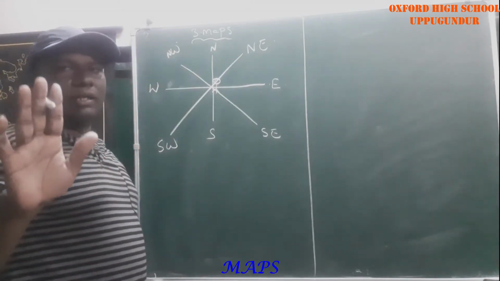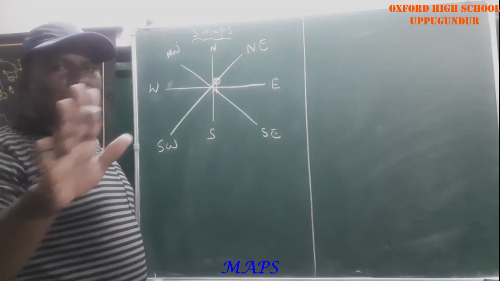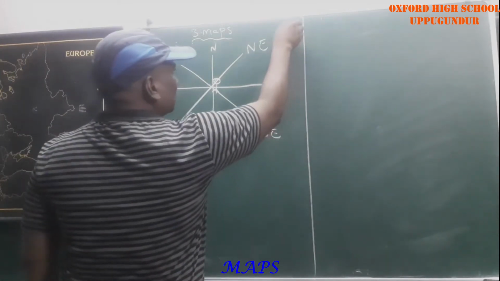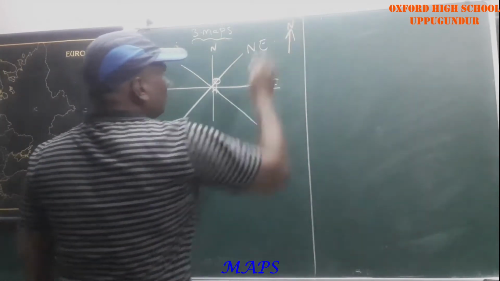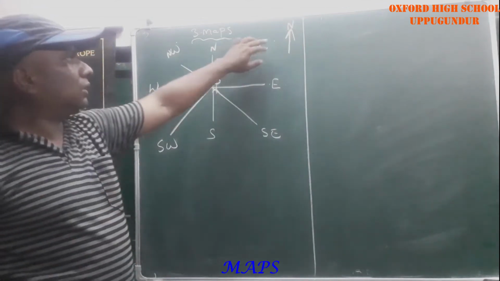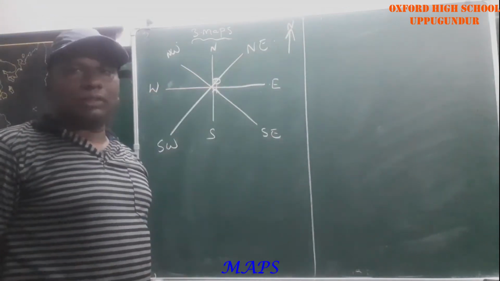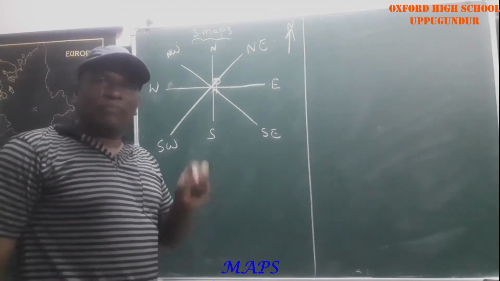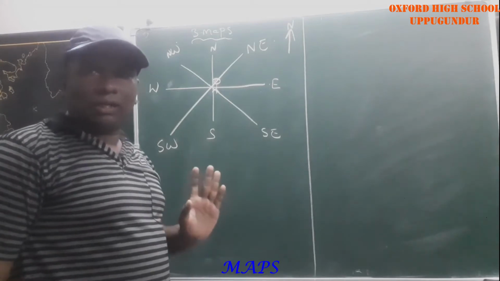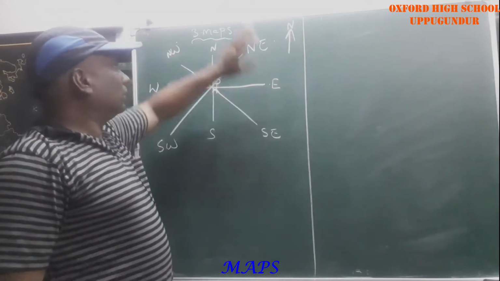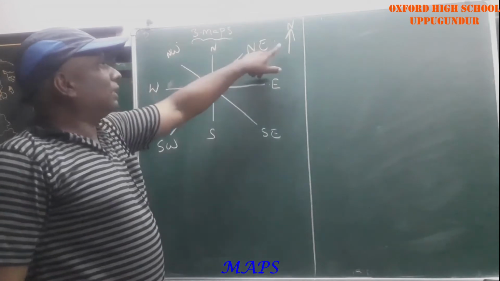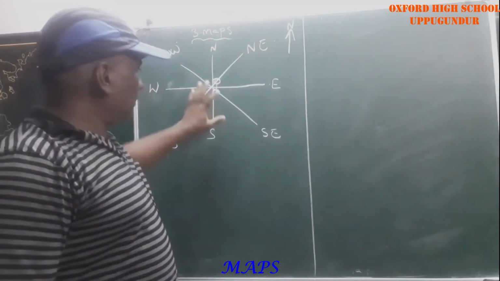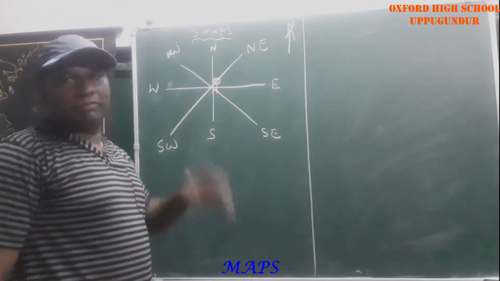If you see any globe or map, they show the north direction. Why do they show the north direction? If you find the north direction, then based on it you are able to find west, east and south, isn't it? That's why in your textbook, where you see the directions, they show the north direction. So you know this general information very well.